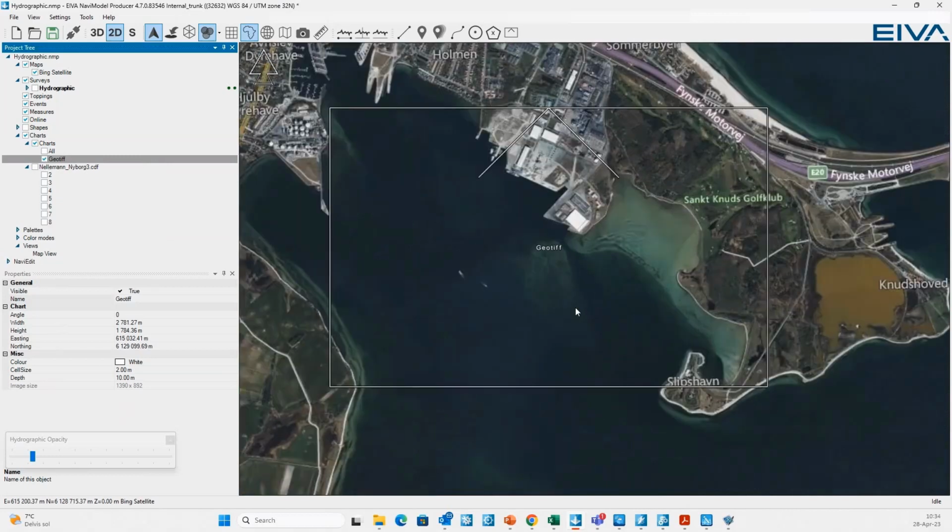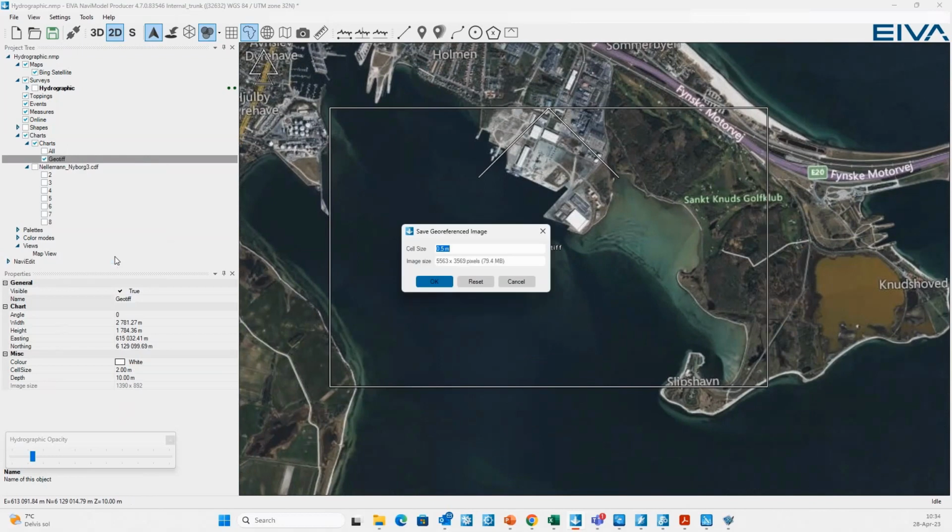I could also have created, if I right-click on it and I choose GeoTIFF from screenshots, then I can define a screenshot with a certain cell size. And that cell size is potentially higher than the cell size that I have on my